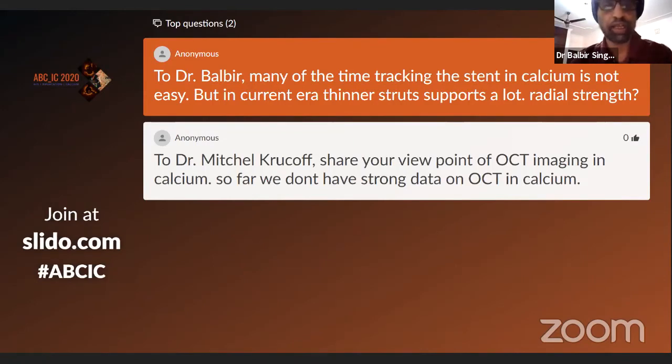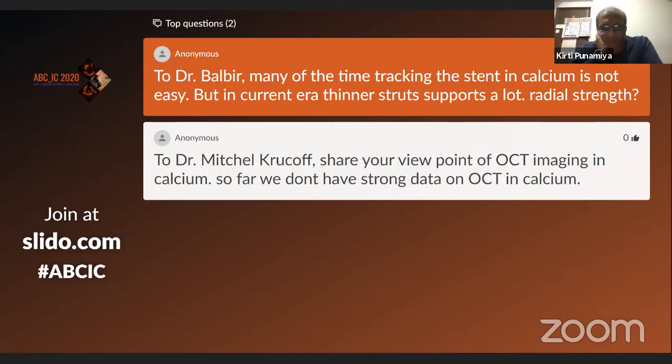But I would clearly like to use a stent with good radial strength to handle calcific lesions, because you will need high pressure balloon dilatations. You may fracture these stent struts. You may damage the polymer when you go to very high pressures. So a good radial strength stent is important. And use of guideliners or other things may help, but preparing the bed is the most crucial thing for the stent to reach. So don't rely on thin struts to reach there. Rely on preparing the bed to help you go there.